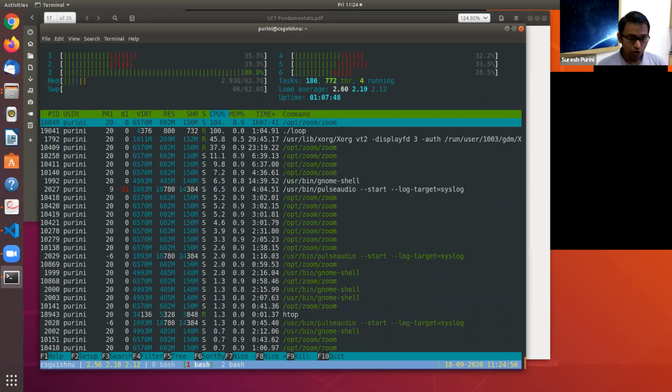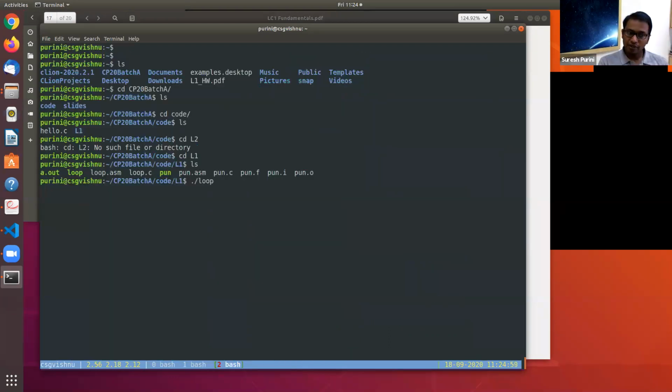One thing that I want you to notice: when the executable is on the hard disk, it doesn't have any identity of itself. But when you give a program for execution, it turns into what is called a process. So a program turns into a process after you give the program for execution. And every process has a